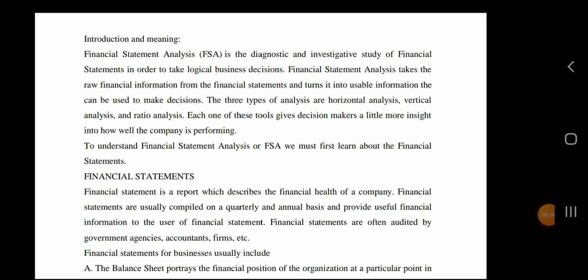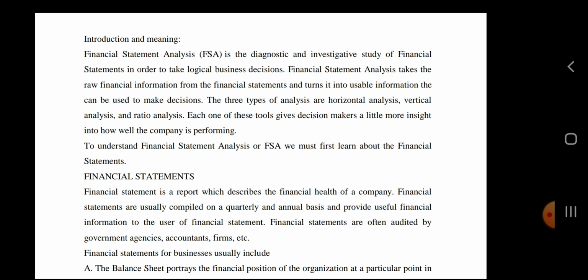Hello students. In our previous lecture we completed our unit number one, that is accounts of professionals. In unit number one we studied the theoretical as well as practical aspects of accounts of professionals. In today's lecture we are going to start unit number two, that is